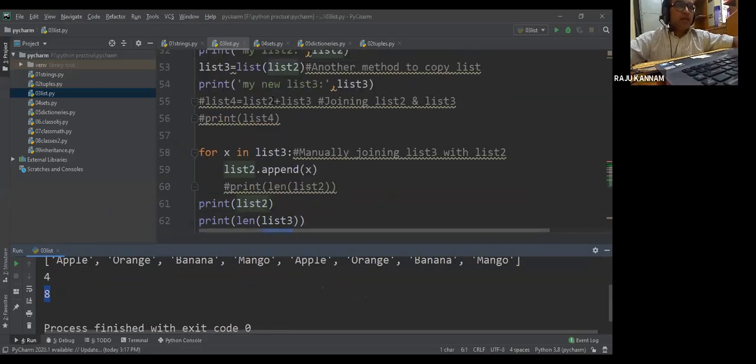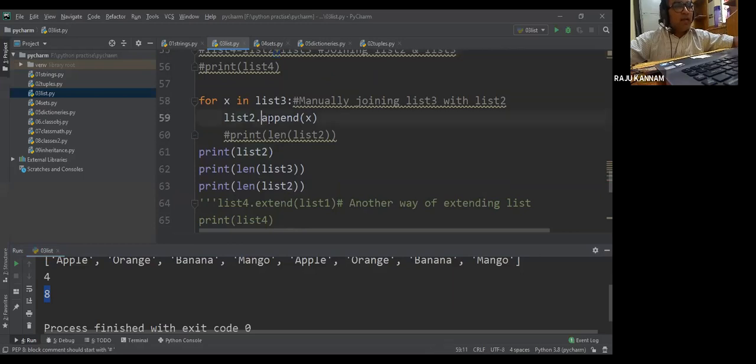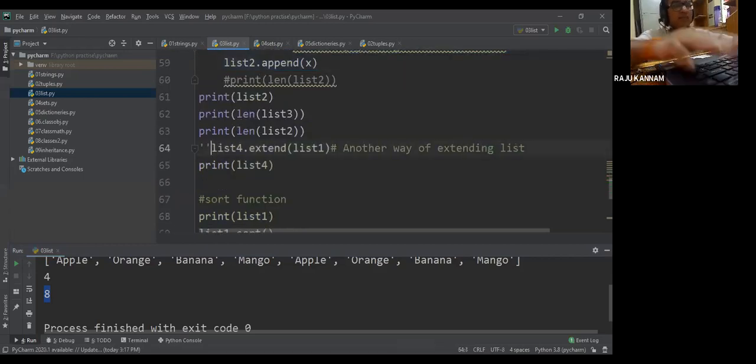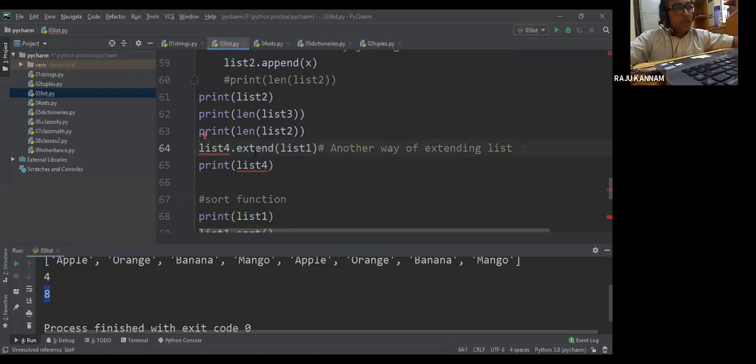Here, either by using the plus symbol you can join, or manually by using the append method for every element. By using the for loop you can repeat and join. And one more method is there, the most commonly used method: extend.